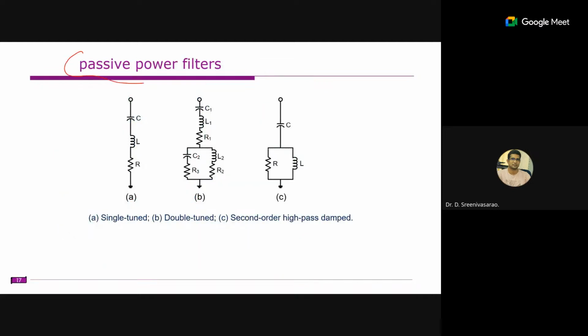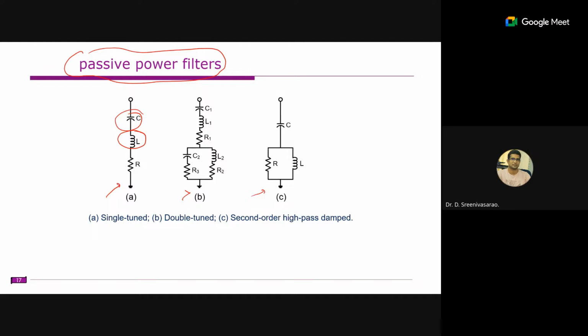So come to these passive power filters. These passive power filters may be single tuned filters or double tuned filters or high pass filters, which were commonly used around 20 years ago. So we can observe some drawbacks with these passive power filters. One drawback is that they are heavy because they consist of inductors and capacitors, and also produce a lot of losses, and their filtering is not appropriate.